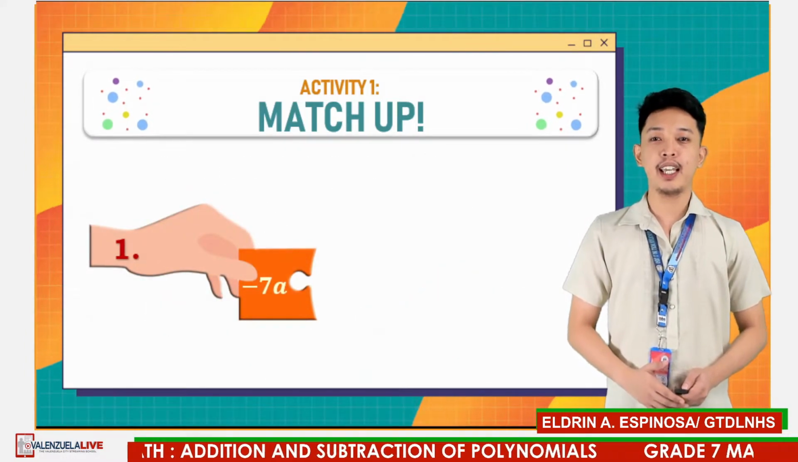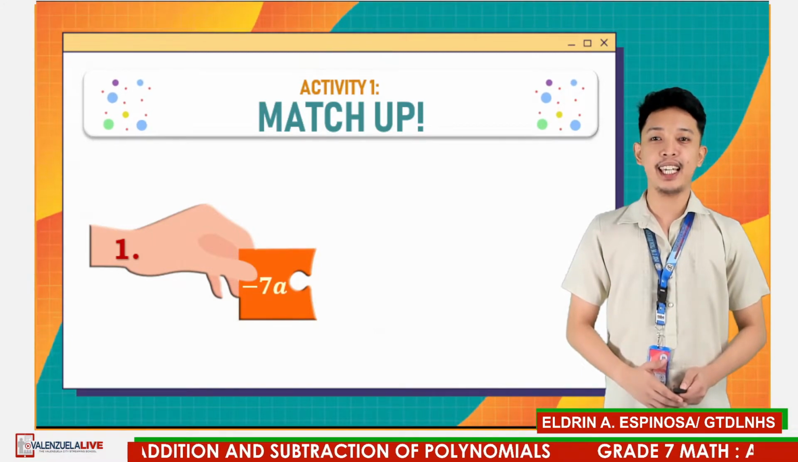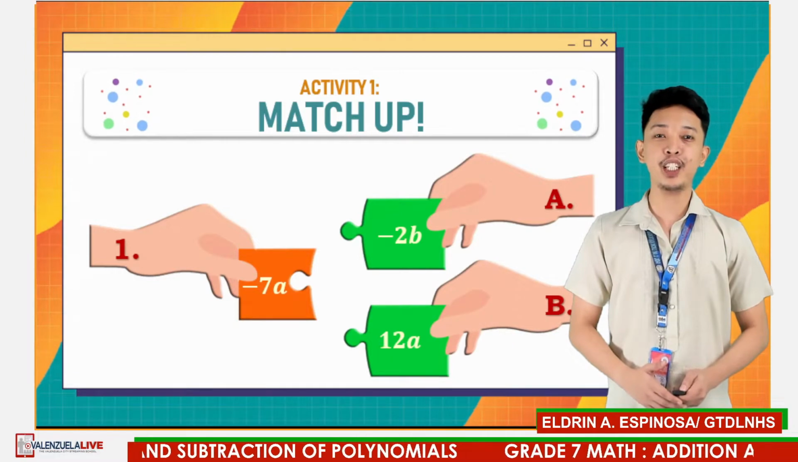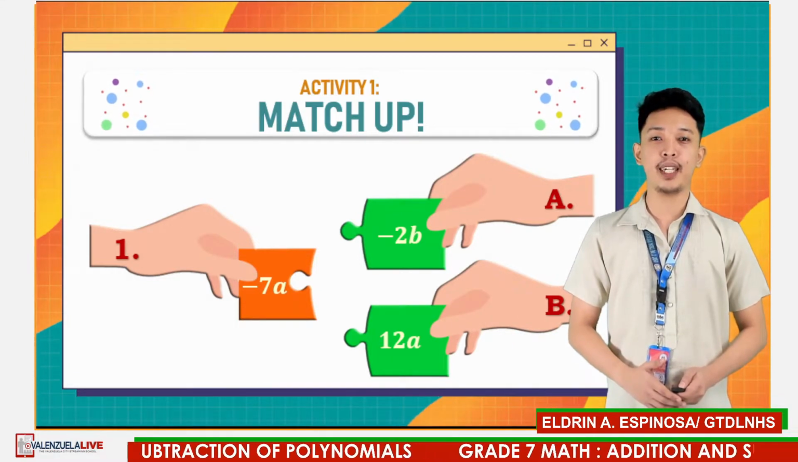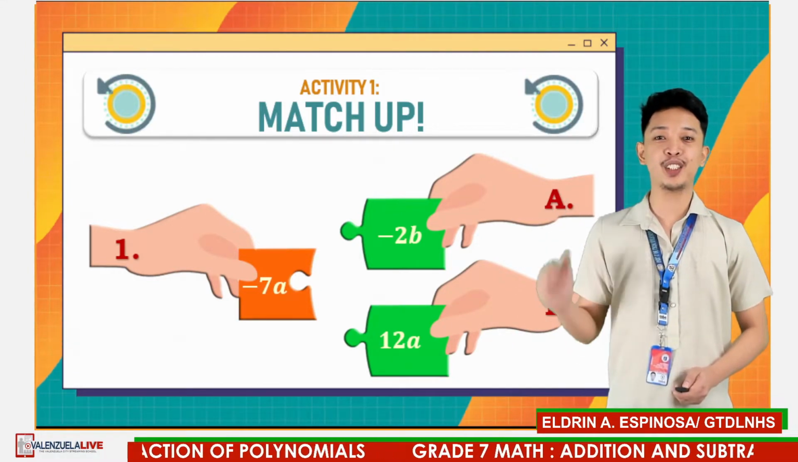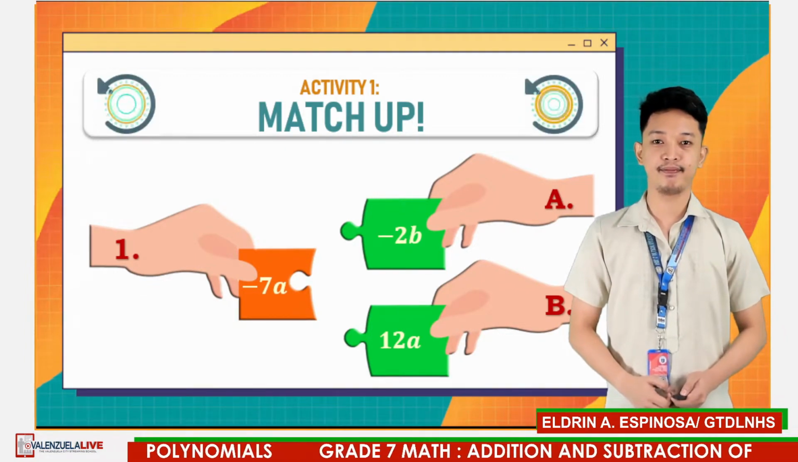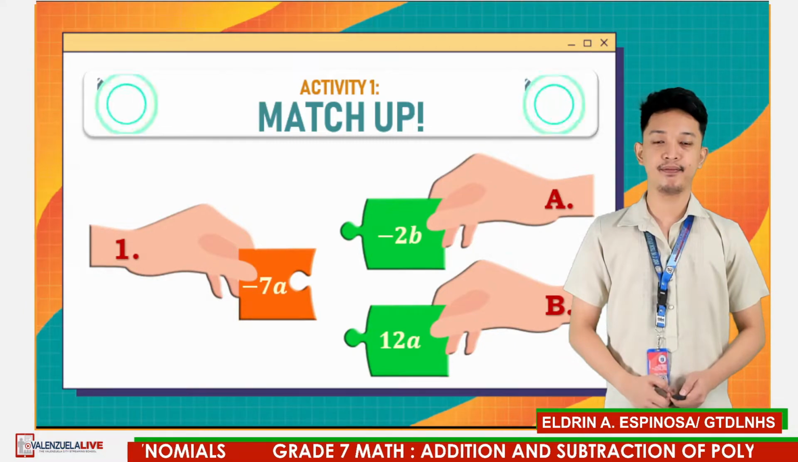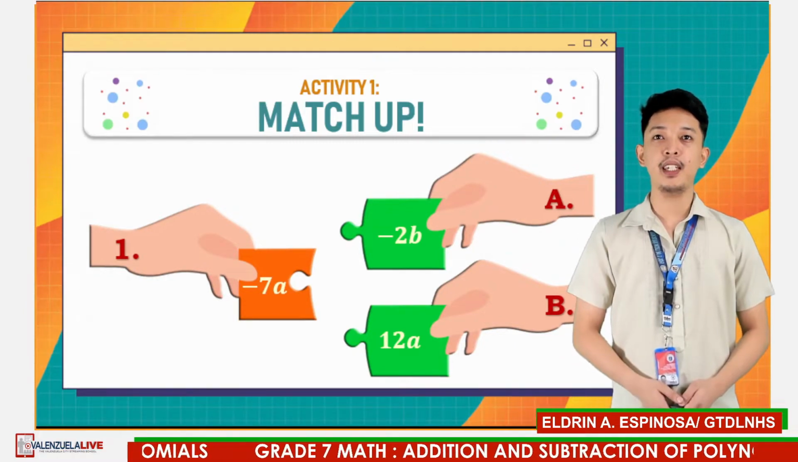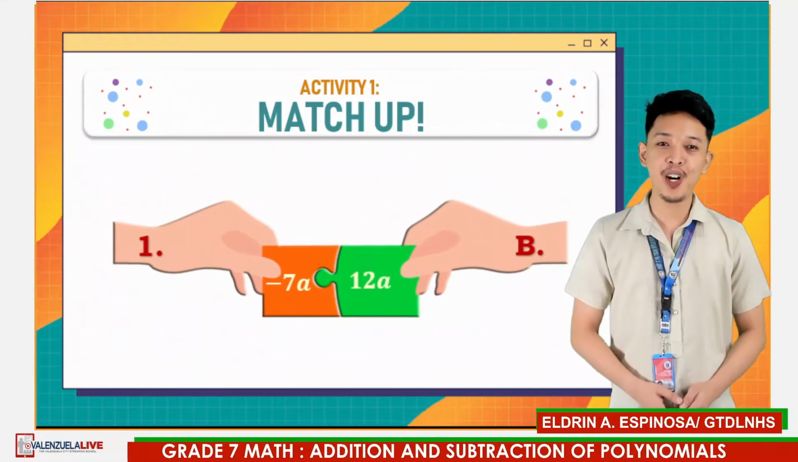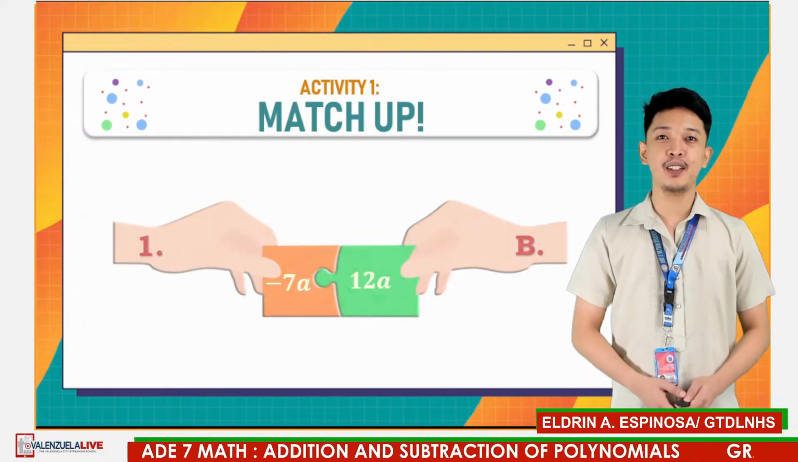Number 1, negative 7a. Is it letter A, negative 2b? Or is it letter B, positive 12a? 5 seconds, go! If your answer is letter B, then you are correct. Number 2,